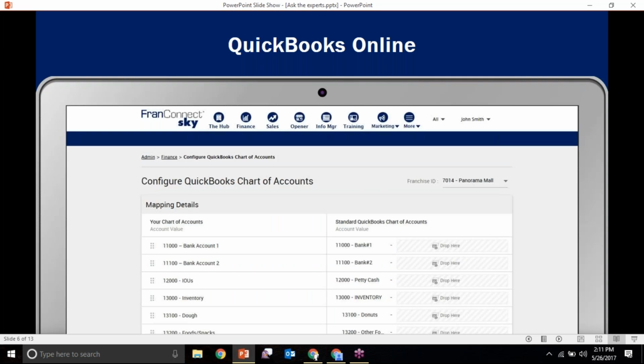QuickBooks Online. So with our partnership with Intuit, we have been able to put together a really nice way to standardize and create a consistent view of the financial information across all of your franchisees. You are able to standardize chart of accounts across all the locations. So if you're using QuickBooks Online, you can enable this integration with our finance module, and